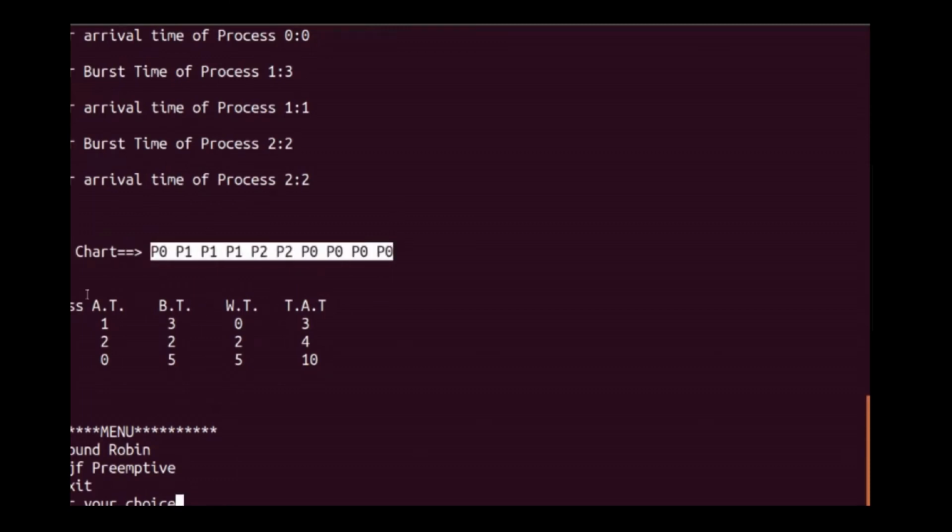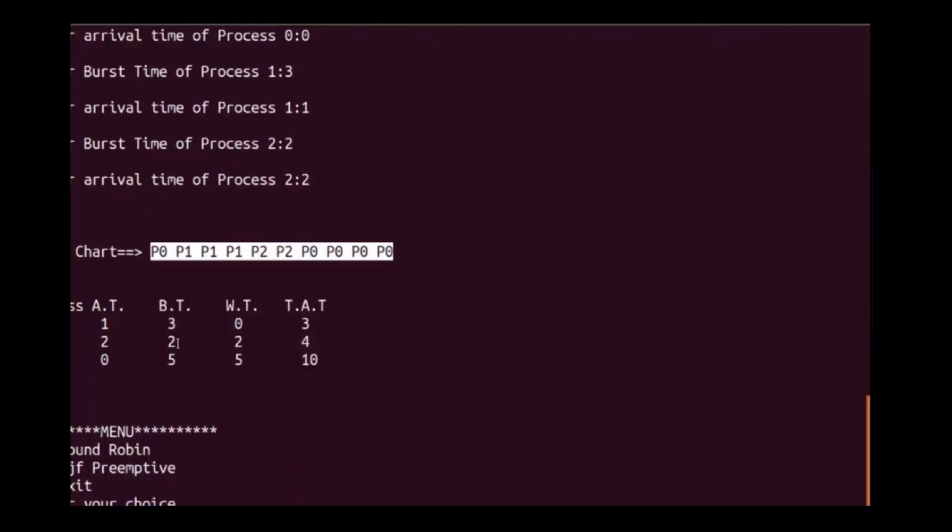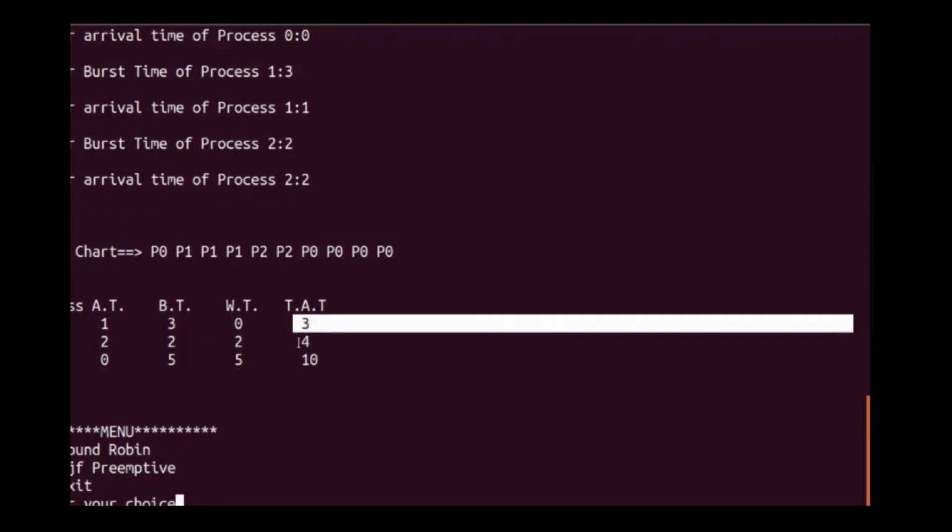The Gantt chart is very important in scheduling algorithms. If the Gantt chart is correct, that means your program is also correct. So P0 is starting, then P1, P1, P1, then P2, P2 and the remaining is P0. Their waiting times are 0, 2 and 5. Turnaround times are 3, 4 and 10.